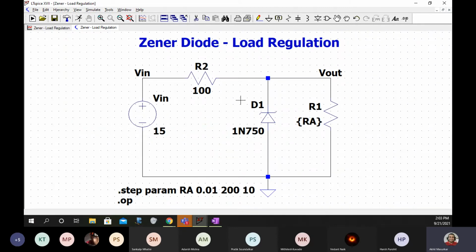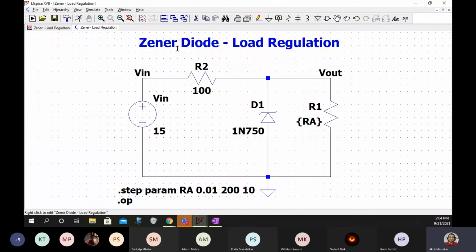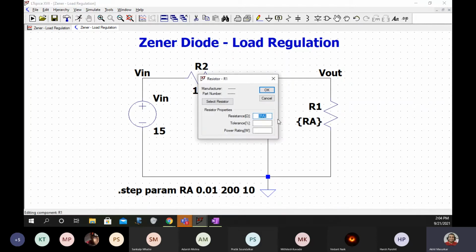So first you will build this circuit and put it in the chat box. First you will write this much and put it in the chat box. Instead of R1, what will you write?